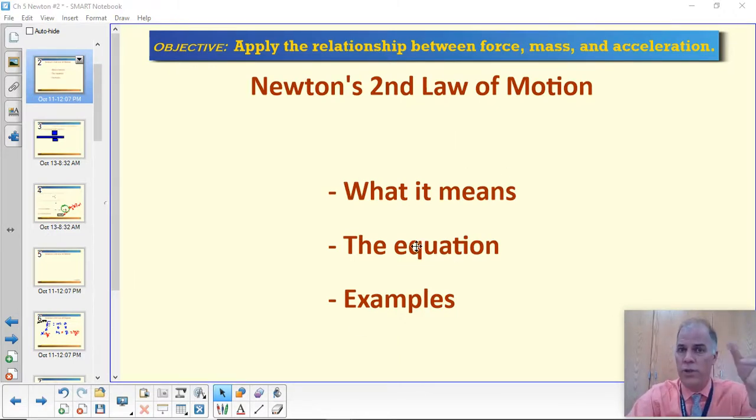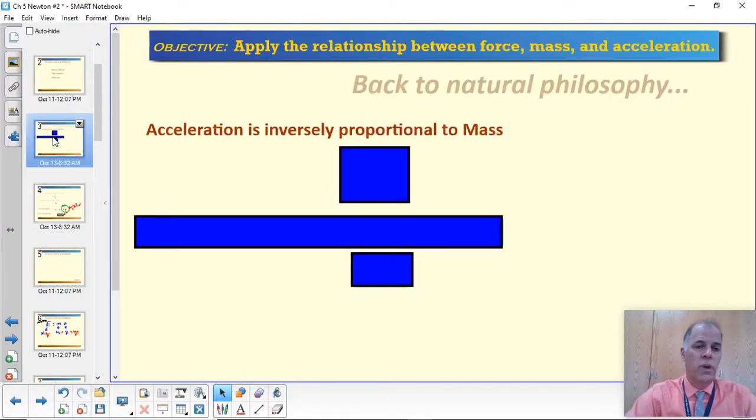Now, we have actually already seen this, the second law. We've introduced it before, though you may not have realized it. The last exercise we did, when you were doing the Physics Classroom online simulation to see how objects accelerated under different forces, you were discovering Newton's second law. So here's what it looks like in math.